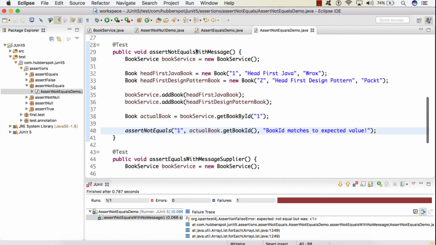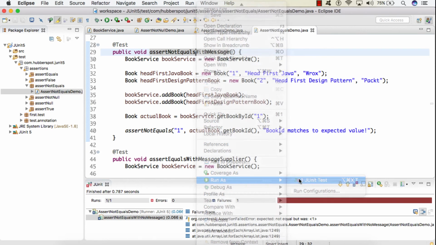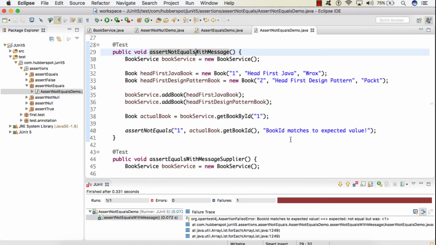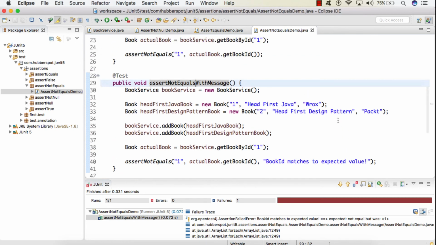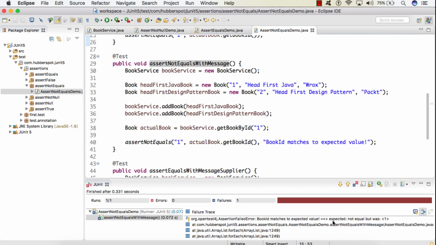So friends, if I run this test case, here you can see the test case failed, giving an assertion failed error. This part is exactly the same as we saw in our previous test case, that expected not equal but was 1.